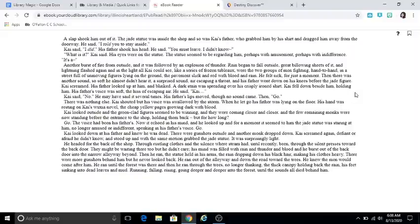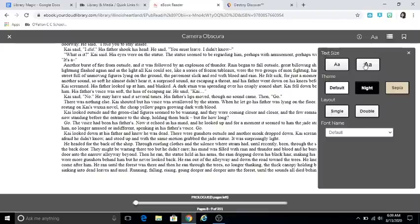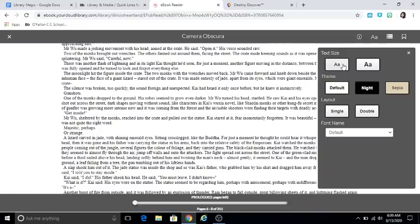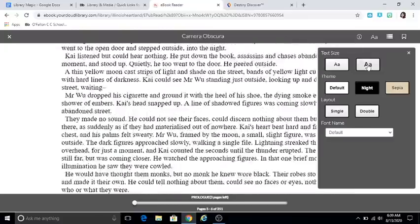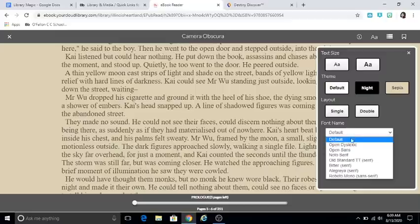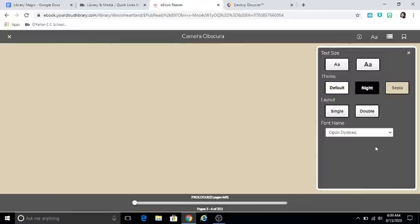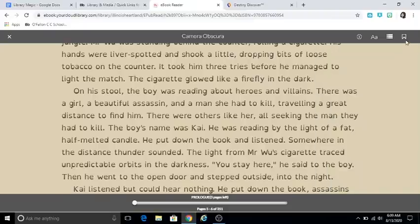Bookmarks. Okay, so on the menu side, you can again change your font size. If you click on the little A, it goes smaller. Click on the big A and it will go bigger. This site doesn't have as many changes for you that you can do with the background colors. You can change the font if you need to. It will change the font for you, okay? So that is a great thing. Again, here is your bookmarks. Here is your list. If you want to go to a certain page, certain section, okay,